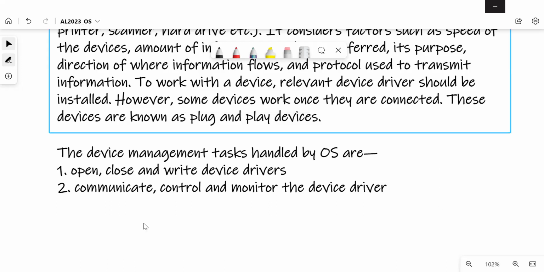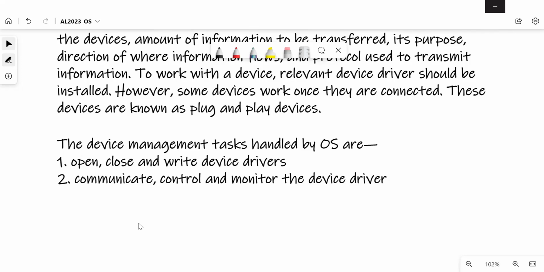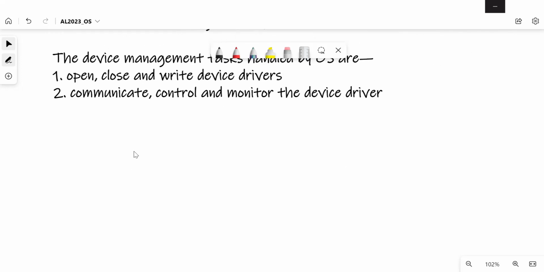So here are some of the tasks done by the operating system. During device management, it uses what we call device drivers, the software that needs to work with the other machines.